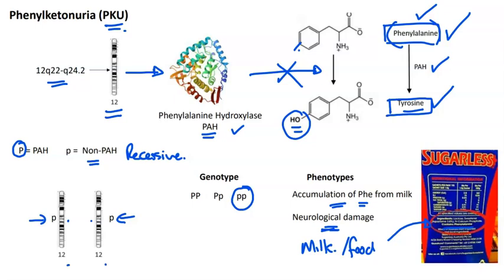So the newborn child would simply have to be given formula milk, which does not contain the amino acid phenylalanine and would contain tyrosine, thereby bypassing this problem here and the potential accumulation of phenylalanine in their